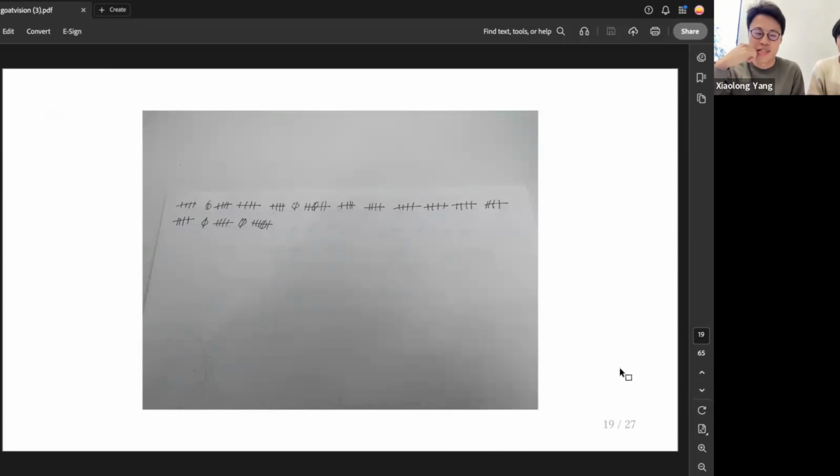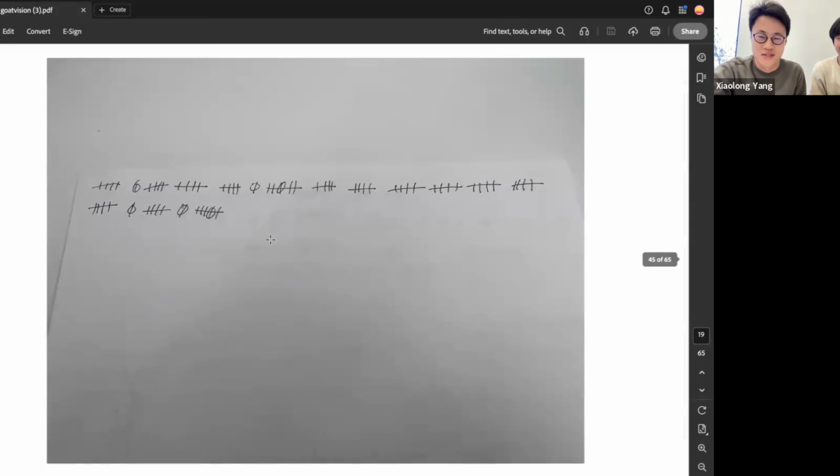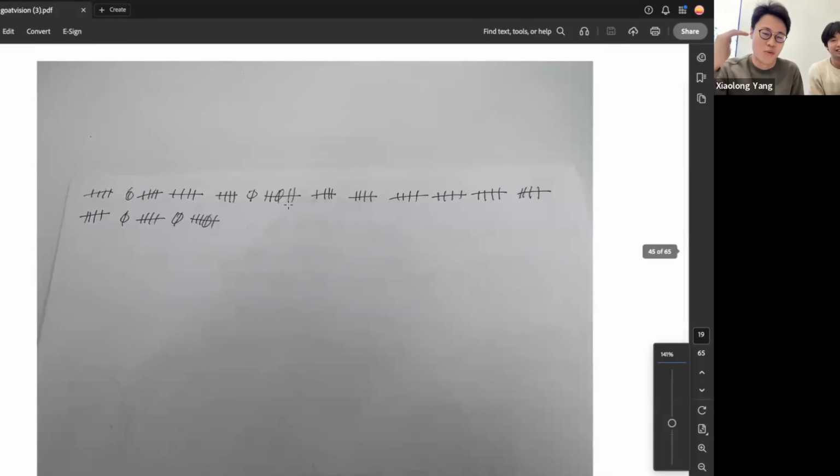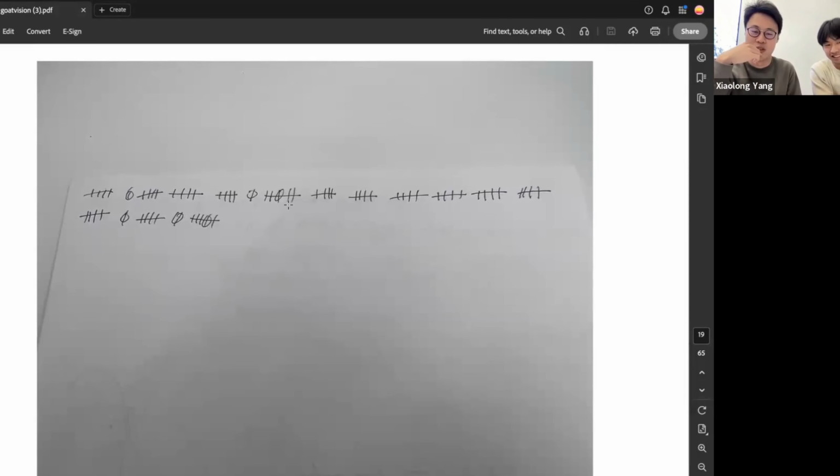How Joe and I counted could be seen as how people model different problems differently. So for example, here you can see this is how Joe counted at the time when we were both looking at the same security camera footage of goats going from below the line all the way up to the top of the screen. His way of encoding information is basically, once in a while you will see a goat reversing its direction, going from top to bottom instead of bottom to top, and that's when he will strike a horizontal line. So this way you can really see how often the goats will reverse direction, which will be useful.